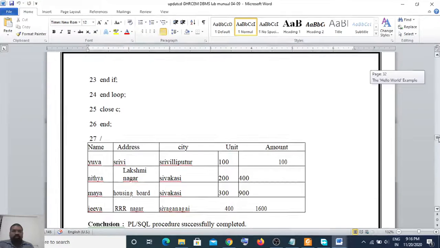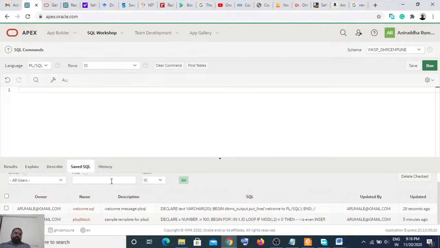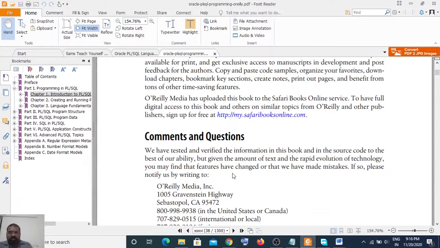It is actually not purely PL/SQL programs. If you consider executing something, you simply have to put the code here and say run. And if there are some errors, then you have to clear those errors.